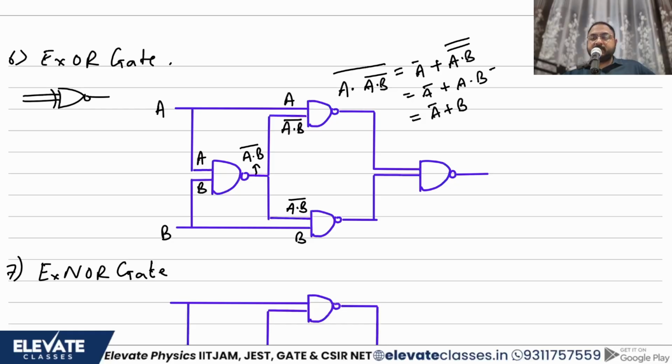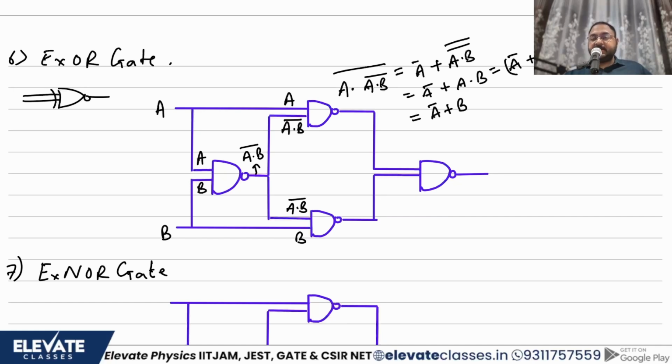If you have a doubt, you can watch the previous video on how we used logic theorems, or we could also do it this way. I can also add one step just for anyone who has not understood. What will this become? 1 dot anything is anything. So your answer will be A bar plus B.